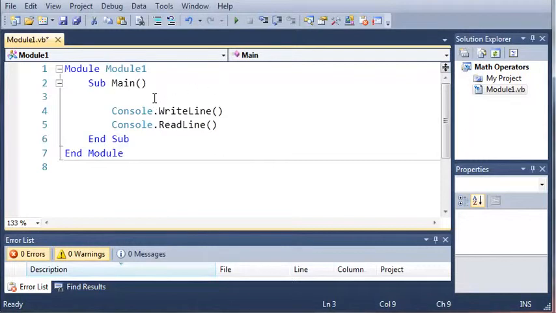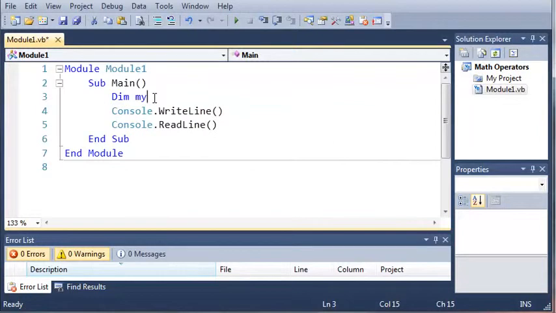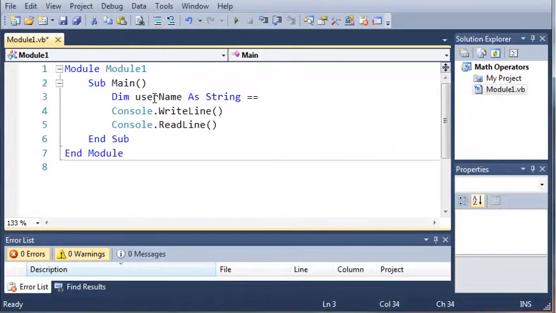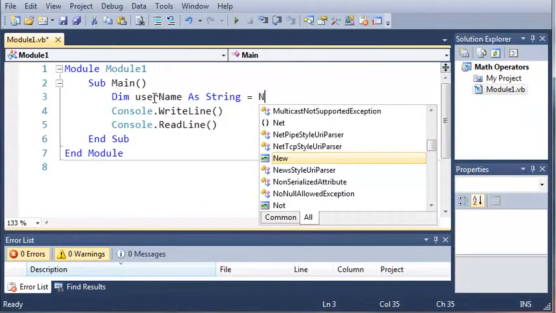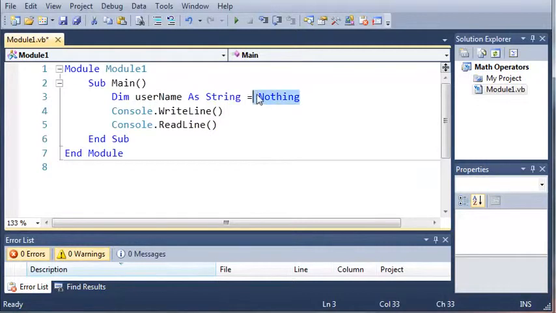Let's go ahead and create a couple variables here. We'll use Dim. Let's just do user name as string. I'll start it off by setting it equal to nothing. This is just a safety precaution, because if the user does not input anything as their name, then the string will not be equal to a value and we'll get an error if we try to print that out